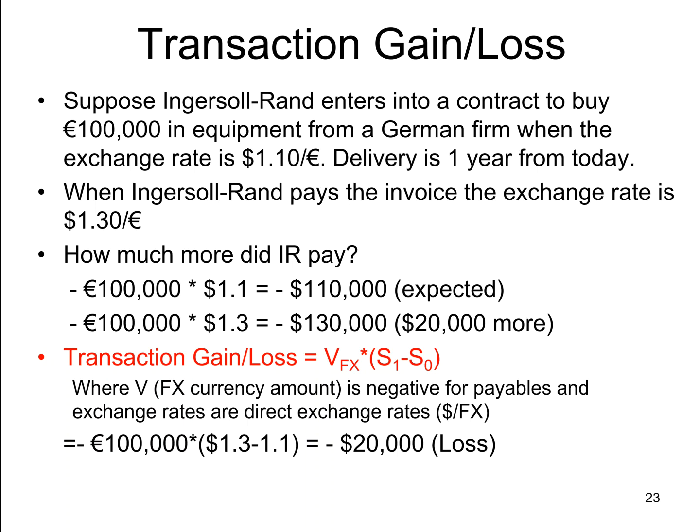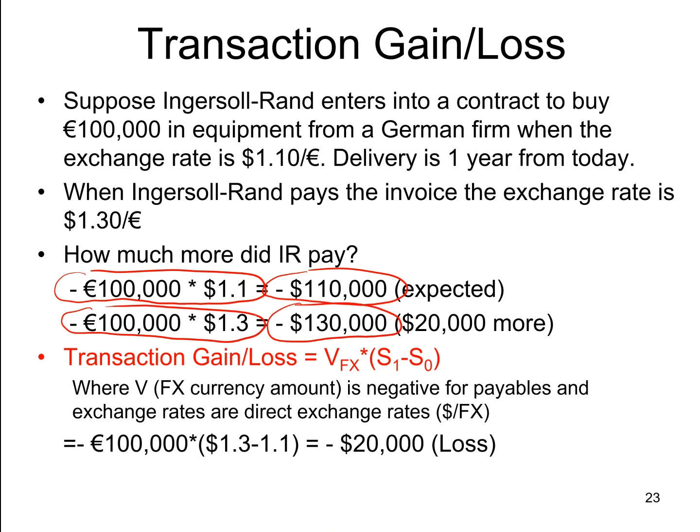So at the time when they enter into a contract, they expected to pay $1.10 per euro for 100,000 euros. They expected to pay $110,000. However, when the contract came due 1 year later for delivery, the exchange rate's $1.30, so it's going to cost them $130,000 to buy the 100,000 euros to buy the equipment. So they are going to spend $20,000 more. We'll call that